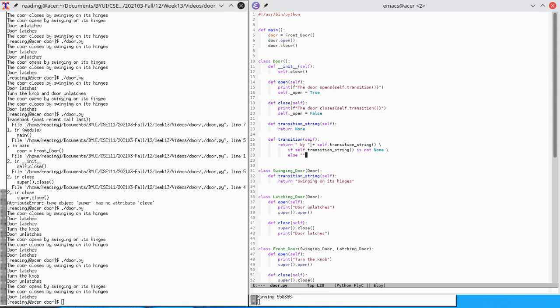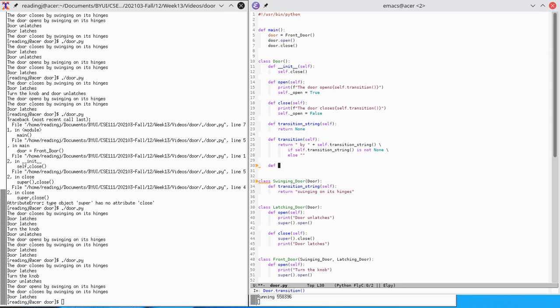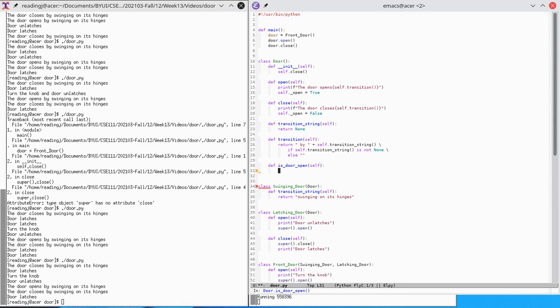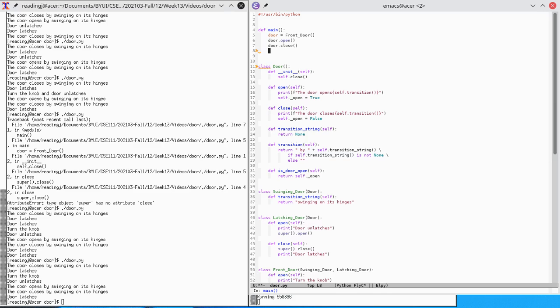And we could ask, we could say def is door open, for example. Return. And so now that gives me a modular way, or an encapsulated way, to query the state of the door. I don't look at this value directly. I just say print the door is open if,